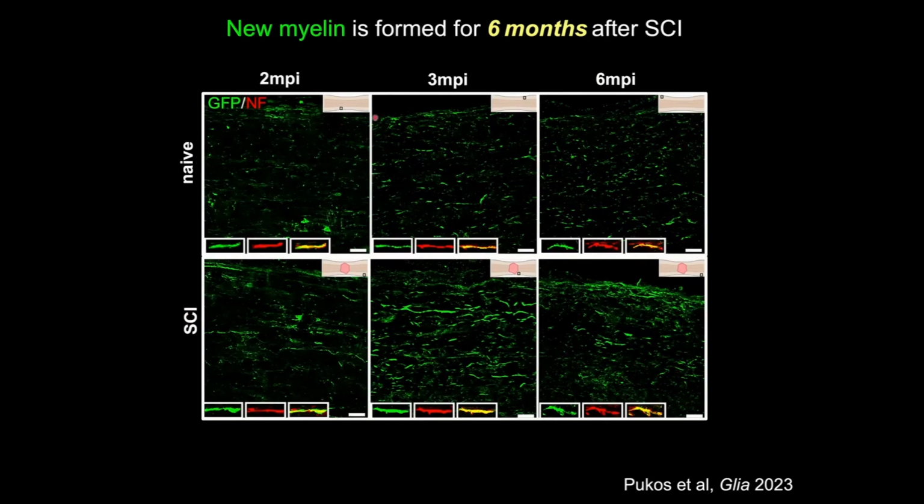So these images are longitudinal sections of white matter from outside the lesion, either close to the lesion border or distal white matter. And you can see the GFP positive label here in green. These sections were also double labeled for axons. So we were able to quantify the amount of neurofilament labeling that was double labeled for GFP positive myelin.